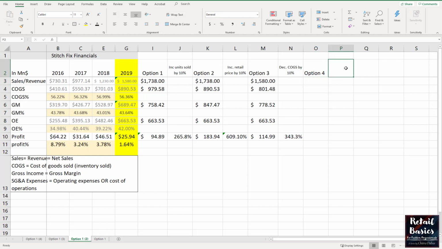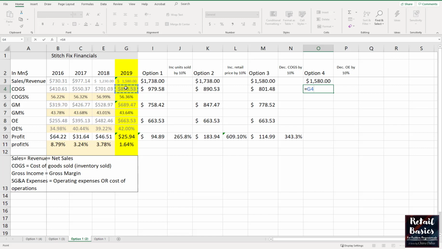Option 4 would be to decrease operating expenses by 10%, which really at this point StitchFix would need. In this scenario, we assume that we are going to maintain the same sales, same cost of goods sold. However, we are going to control operating expenses by 10%. So let's see what is the result here. Sales is the same, cost of goods sold remains the same, and hence gross margin remains the same. However, operating expenses reduce by 10%, and that will lead to